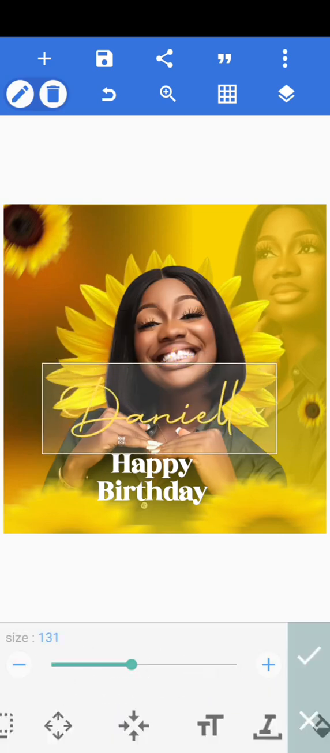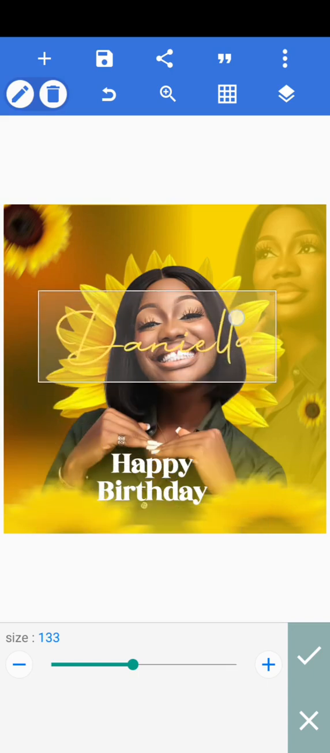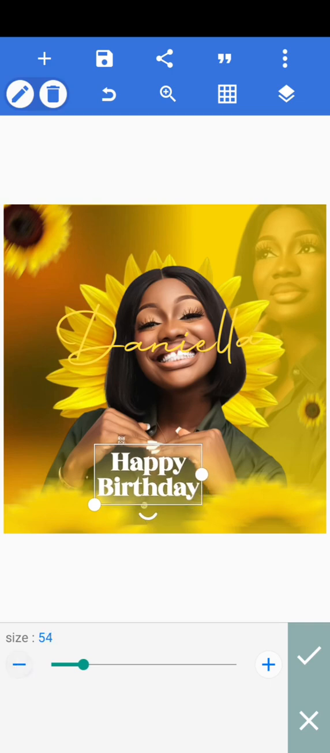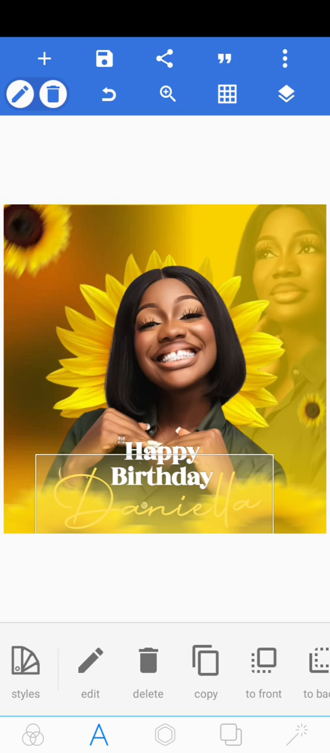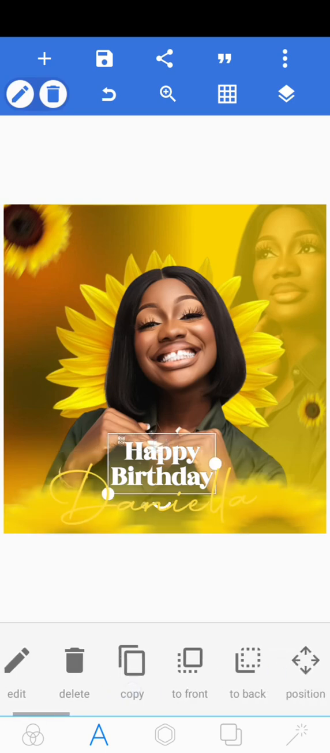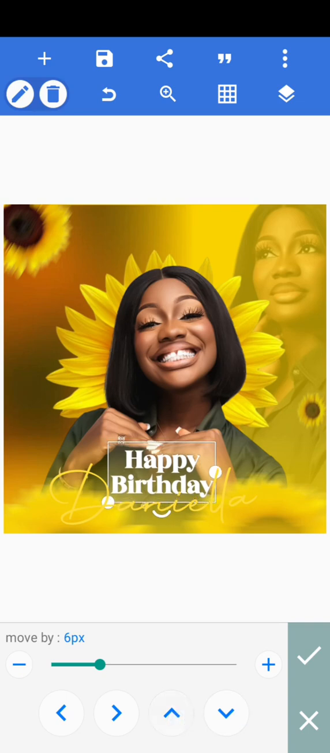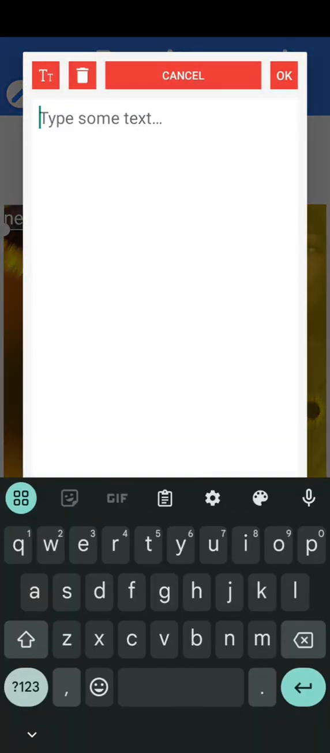Alright, so let's increase the size a bit. I'm going to position it like this. Okay, let's reduce it as happy birthday. Alright, something like this. Good, this is beautiful. So I'll come to text, I'm gonna write